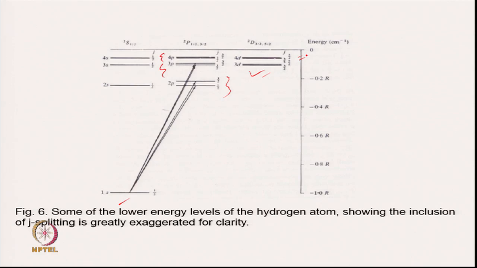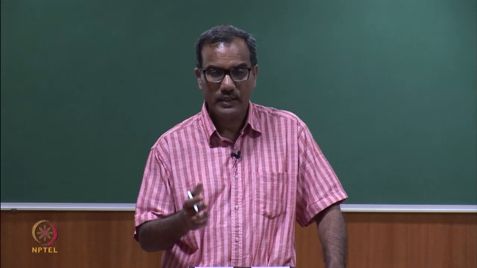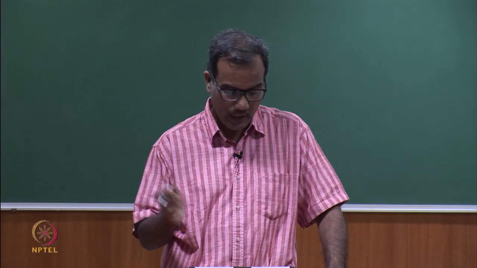And all these transitions are possible, 1s to 2p, 1s to 3p, that is what we talked about. We cannot go from 1s to 3d, because then delta L will be plus 2, which is not allowed. Delta L of plus minus 1 is allowed. So, it can go from 2p to 3s, but this is your fine spectrum of the hydrogen kind of atoms.